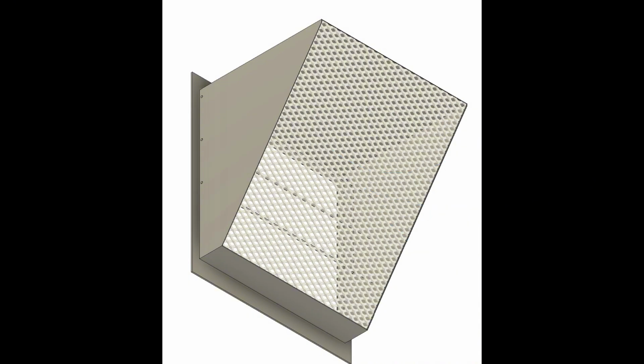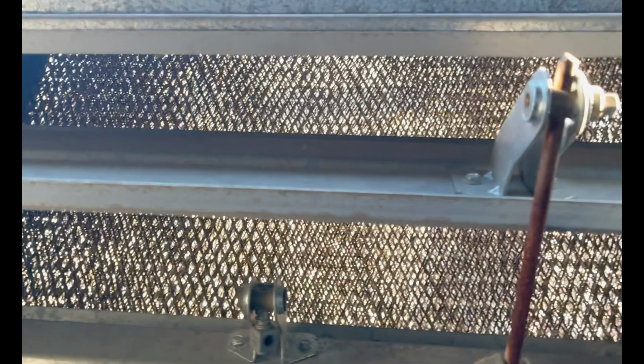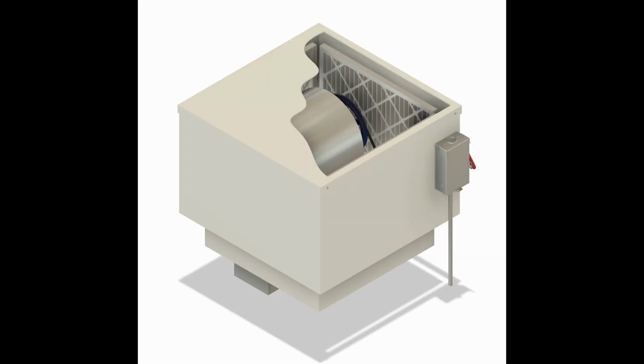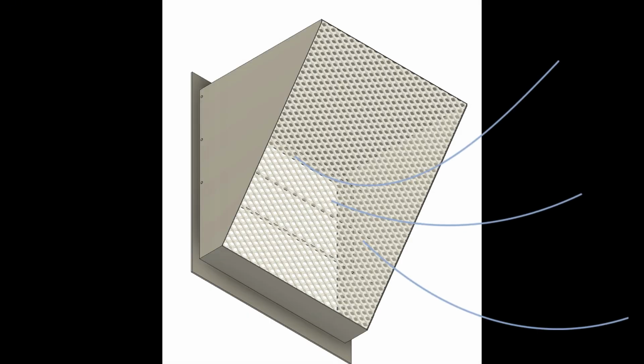So you'll see this when the economizer is open and bringing in fresh air from outside. When the economizer is closed and you're just recirculating air from inside, that barometric relief damper will usually be closed. Unless there's some other source that's bringing in air to the building, like a fresh air makeup unit, for example. So again, if that indoor air pressure starts to increase, that barometric relief damper will open until the indoor air